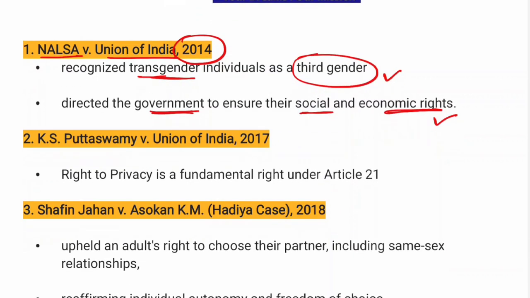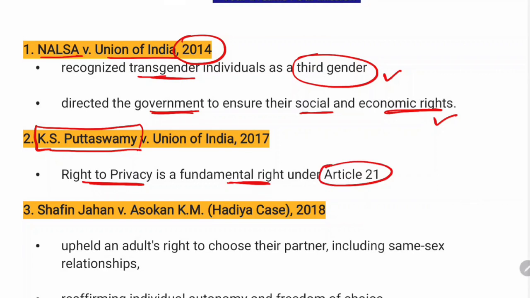The second important judgment, which was not directly linked to transgender rights, however, created a basis for further upholding of the different rights of transgenders, like later cases of Navtej Singh Johar case or related cases. Puttaswamy is a famous judgment where Supreme Court said that right to privacy is a fundamental right protected under Article 21, which protects the right to life and liberty of individuals.